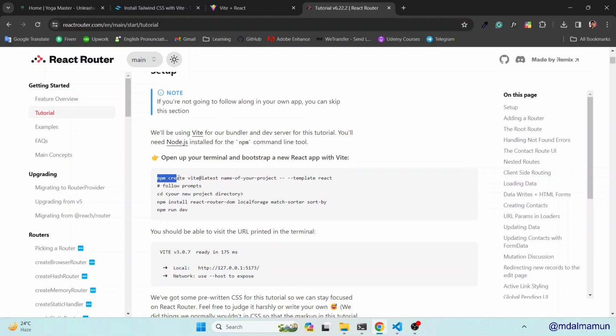So at first it says you have to create a Vite projects. Okay, we have done that. Then we have to go inside the projects. Yes, we are inside this project. Then the command is here. I can copy this command